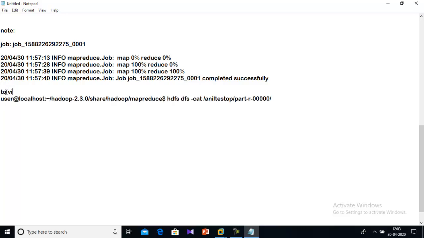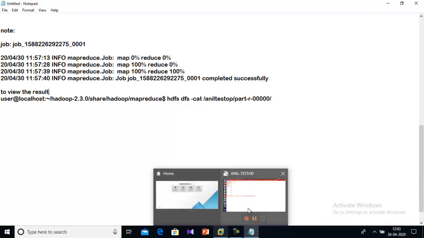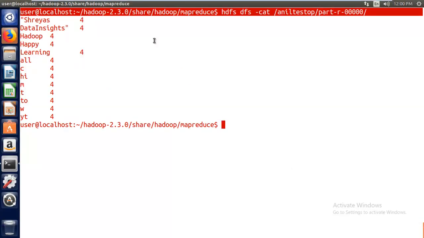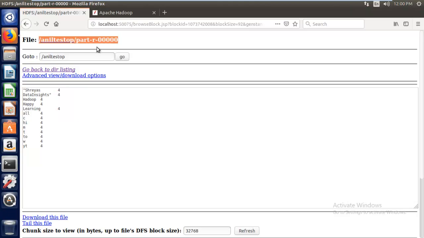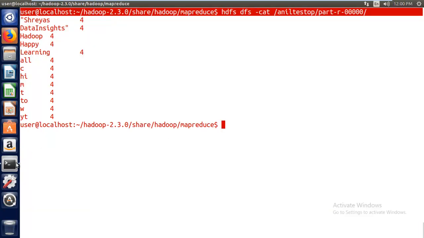To view the result, you can use either the command line or the web user interface. In real time, sometimes you may not have access to this particular web UI, so it's better to always go with the commands only.